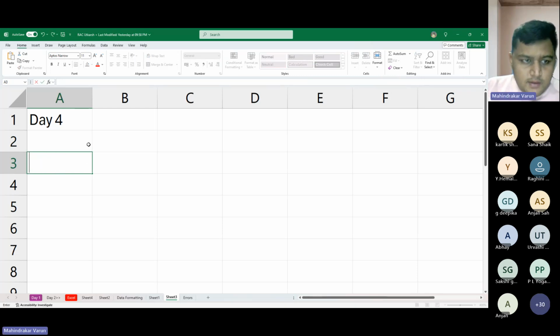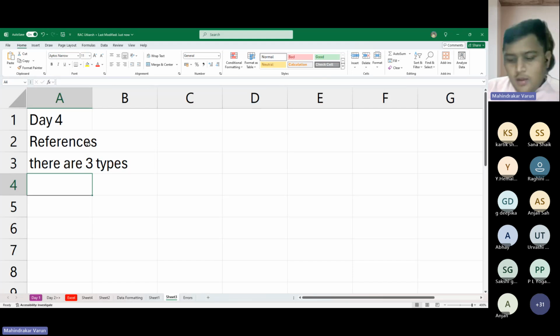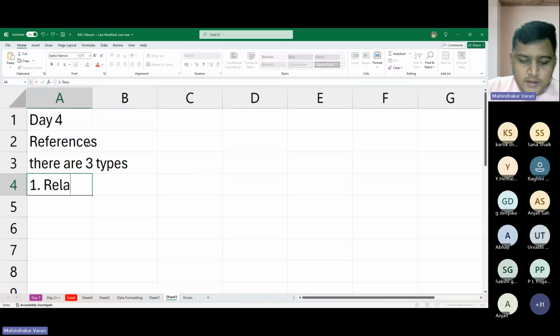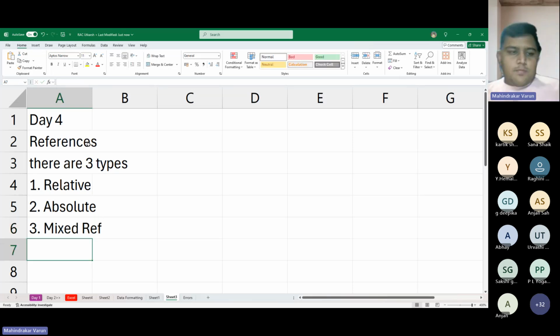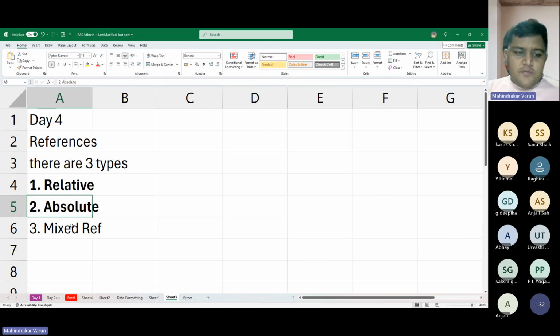You can type like, today we are discussing references. There are three types. First one, relative. Second one, absolute. Third one is the combination of both. So first, we'll try to understand what is relative reference, and in Excel, these references are very